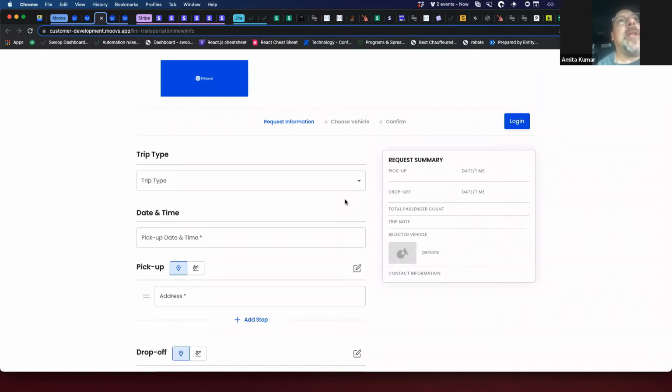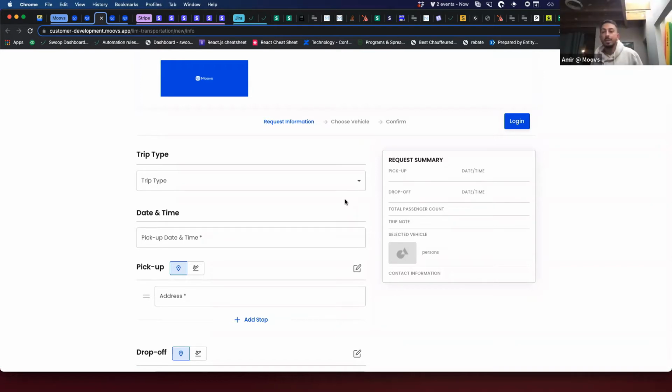But he was wanting me to honor that 190. And I said, I just can't do that. Unfortunately, the system allows you to get a transfer rate, and it should not have been a transfer rate. And I even sent him a screenshot of the back end where I have it set for an hourly charge.